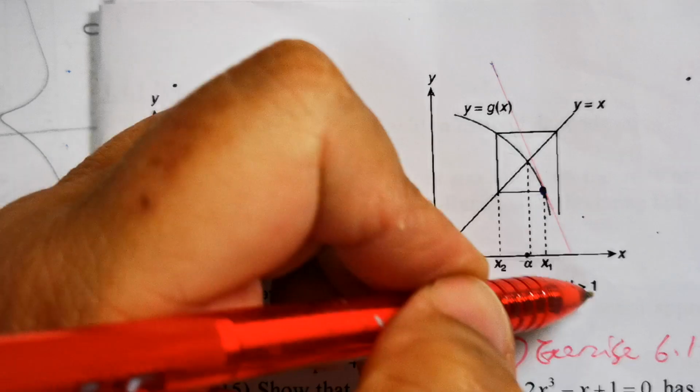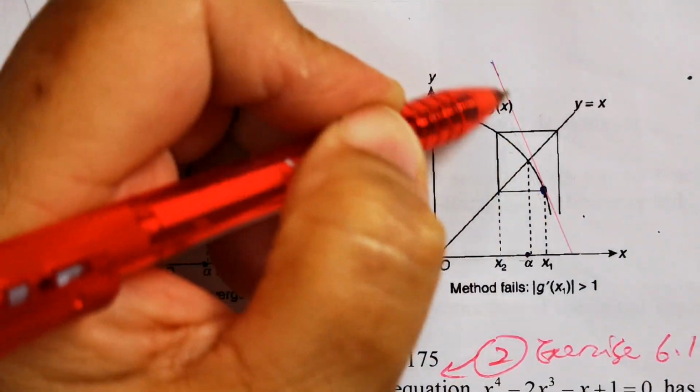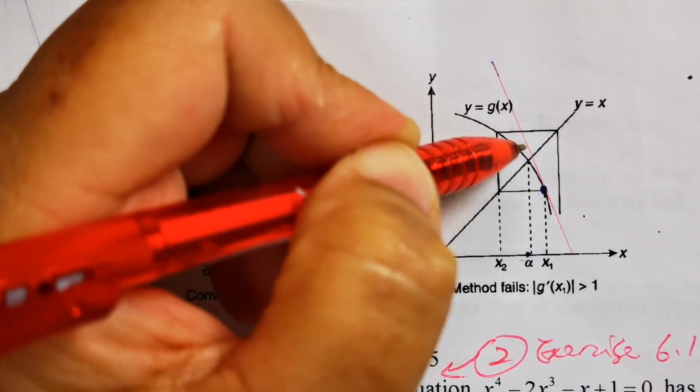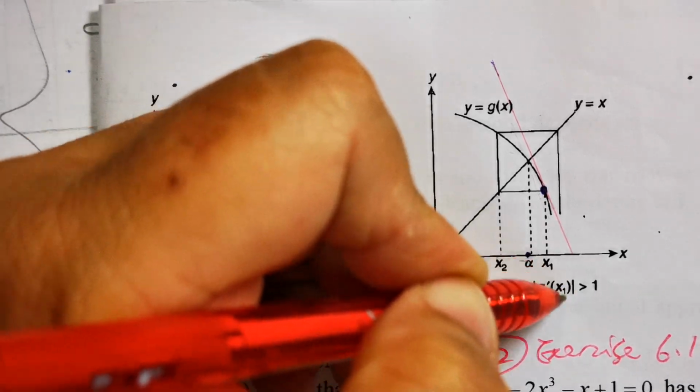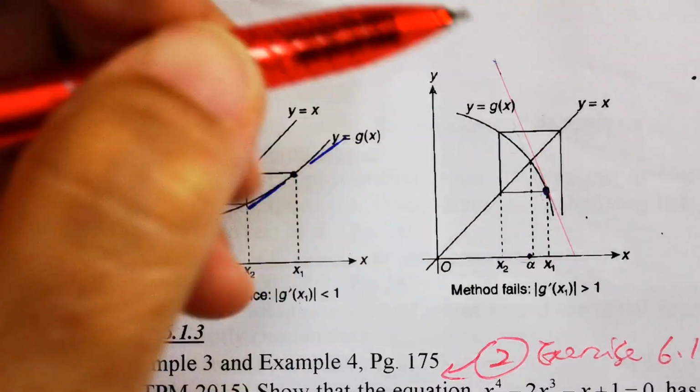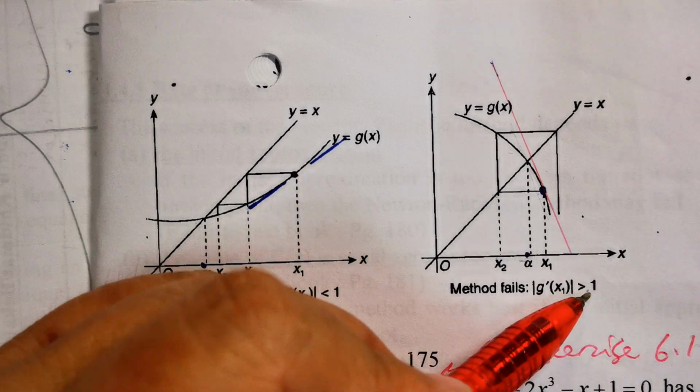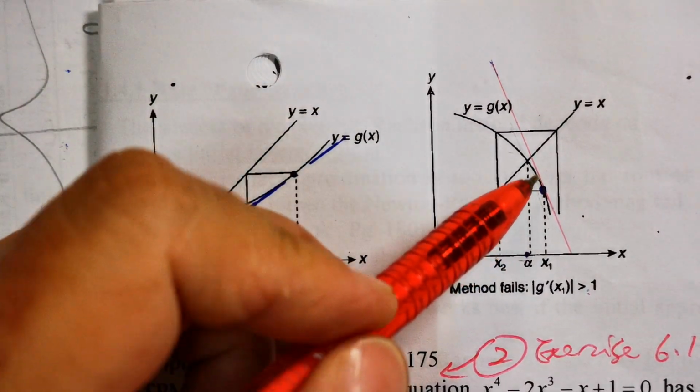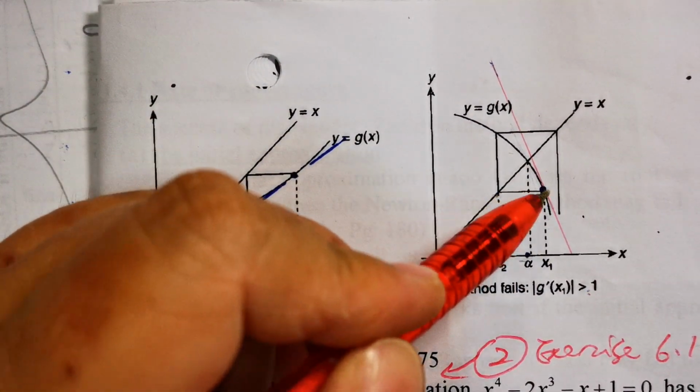Yeah, you can see it's quite steep, right? This tangent is quite steep. So definitely the value of g prime x, or the modulus of g prime x, is more than 1. So when this happens, you see, when we use the iterative method to get the second root,